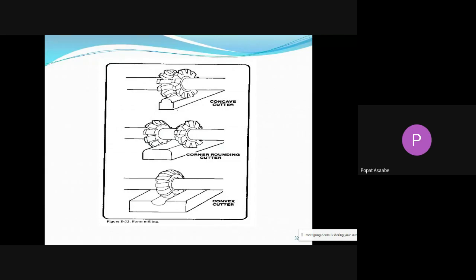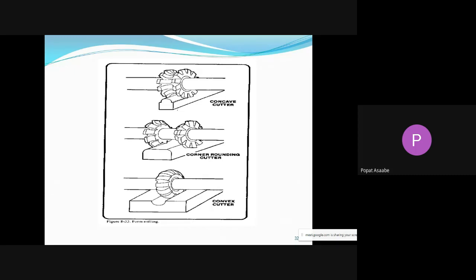Okay. Up till now, which points have we covered? We have covered milling, the definition of the milling machine. Once again, I will repeat. Please listen carefully. Milling is nothing but a machining operation in which we remove metal from the workpiece with the help of a rotary cutter. It means that in the milling machine, we use a cutting tool called a cutter. It acts as the cutting tool in the milling machine.